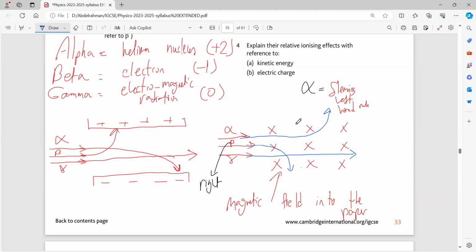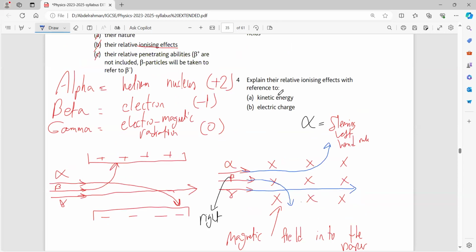Explain the relative ionizing effects with reference to the kinetic energy and the electric charge. Okay, the kinetic energy of the alpha is the least, and that's why it has the